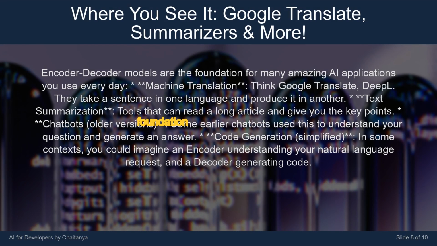Encoder-decoder models are the foundation for many amazing AI applications you use every day. Machine translation. Think Google Translate, DeepL. They take a sentence in one language and produce it in another. Text summarization. Tools that can read a long article and give you the key points. Chatbots. Older versions. Some earlier chatbots use this to understand your question and generate an answer. Code generation. Simplified. In some contexts, you could imagine an encoder understanding your natural language request, and a decoder generating